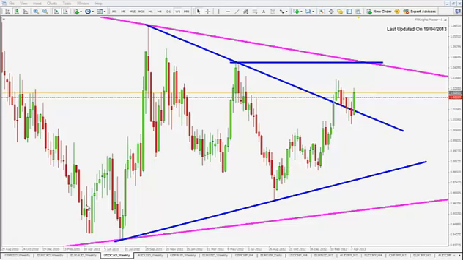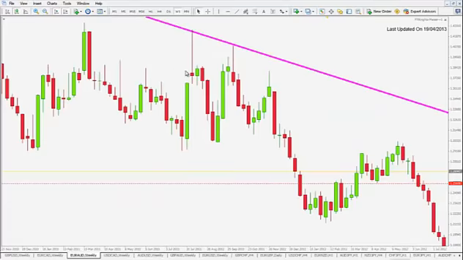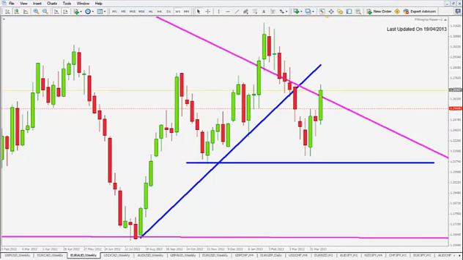The next pair we want to look into is the euro against the Australian dollar. Just like we said last week, we had a bullish move already. This is a nice bullish candle to the upside. No doubt price is still very bullish on this pair, but we will expect some little pullbacks, all right, either to the